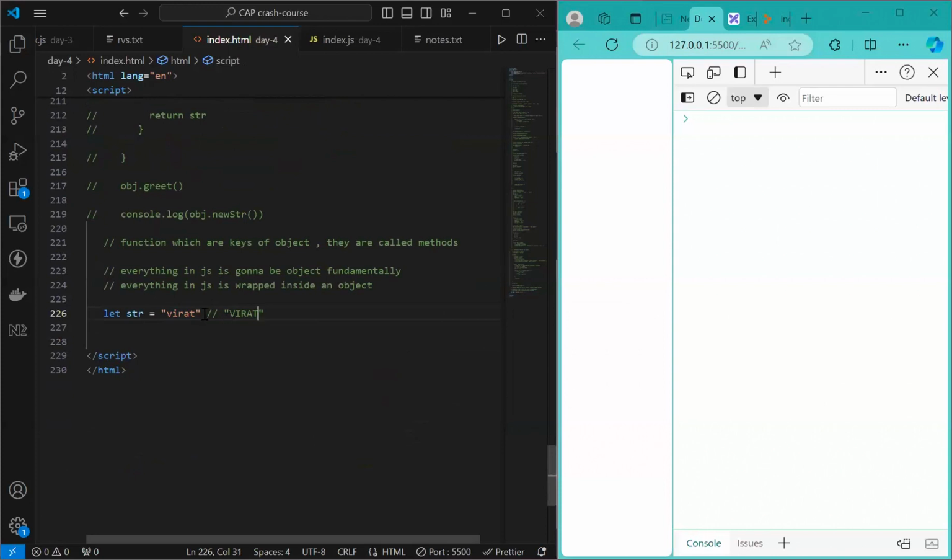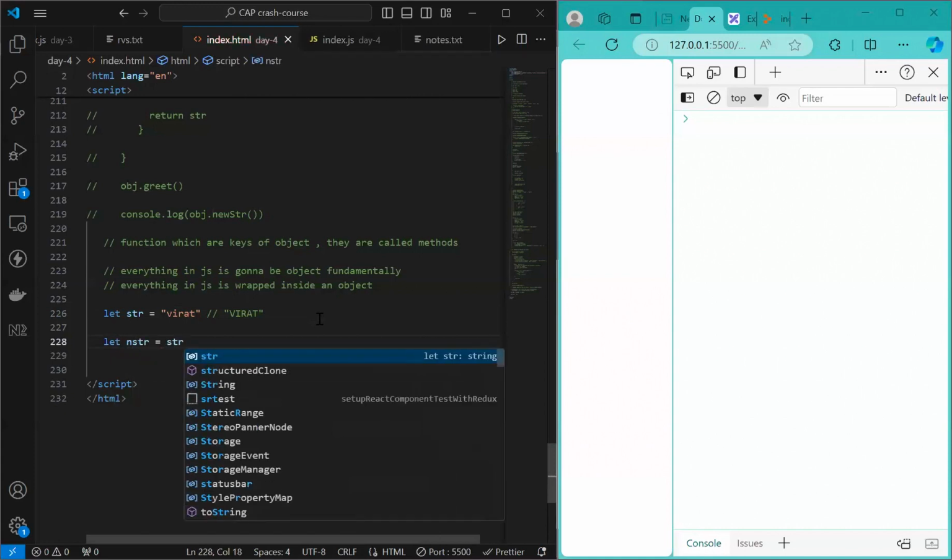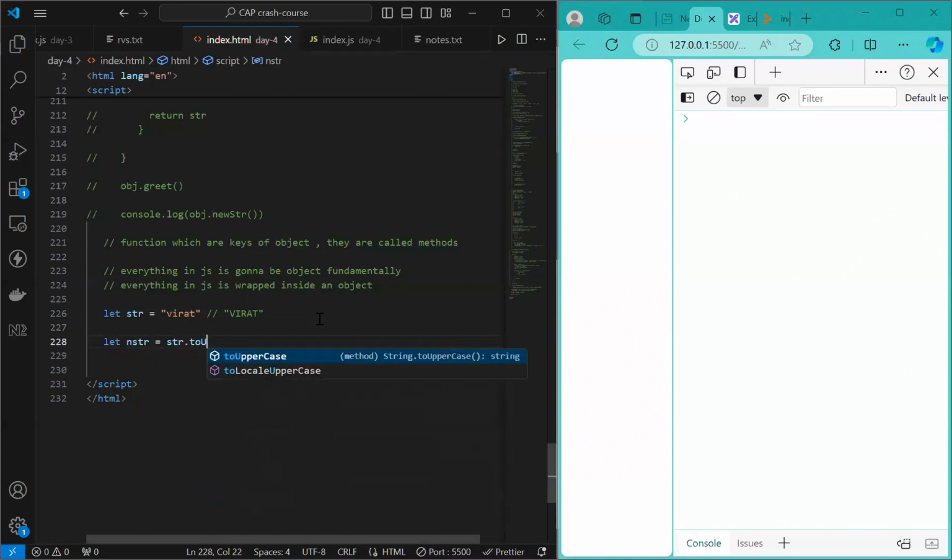we know that strings are not mutable, so what we will do is we'll be taking another string and whenever we are encountering a small case letter, we'll be updating it with upper case, right? If you have solved assignments, maybe you have encountered a problem like this. Rather than doing that, JavaScript has some inbuilt methods for strings, right? So for updating something in uppercase, what you can do is you can just go and let's say nstr, and in here what you'll do, str dot to uppercase,